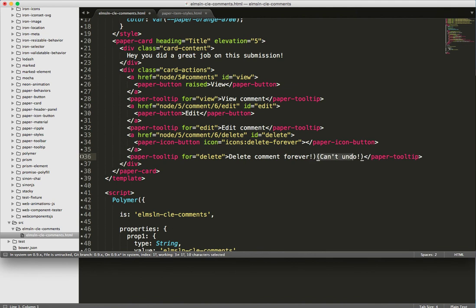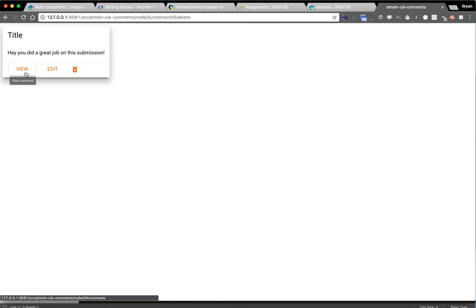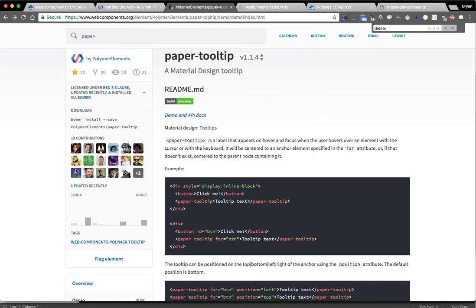Right? Make it a little more actionable. So we got our view, edit, and delete buttons, and now I've applied tooltips to each of those. Now I don't really like how that's really jerky, right? I'm gonna move this around. So I'd kind of like it to animate. And so if we look at paper tooltip